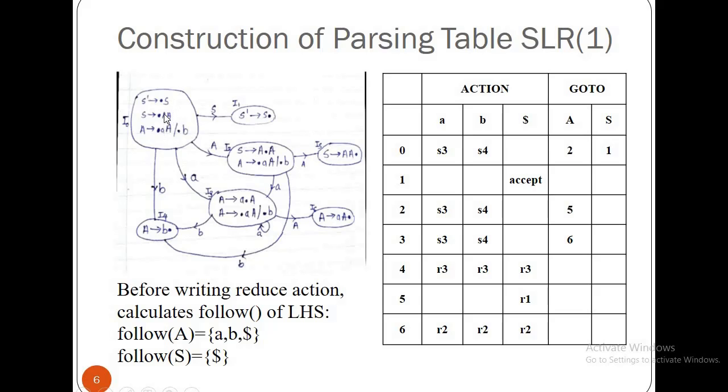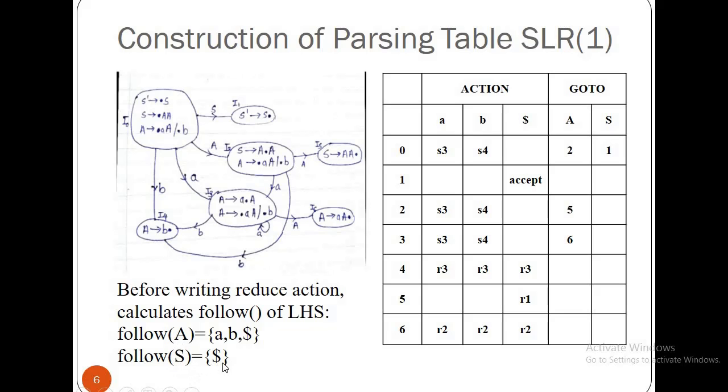So if after A is going to occur, in that case follow of capital A is small a and small b, and if we take into consideration the existence of capital A over here, follow of this A is nothing but follow of S, which is always dollar. So from that point of view, follow of A is a, b, and dollar, and that is why the reduce action is written under all three columns.